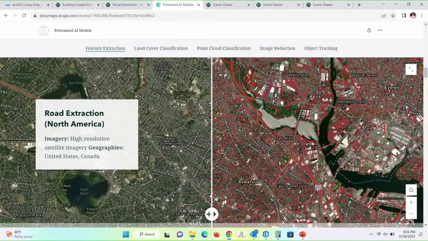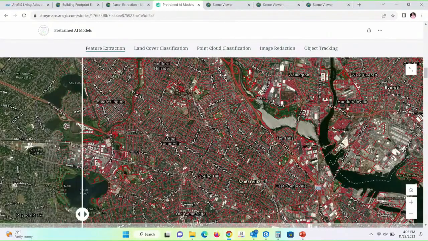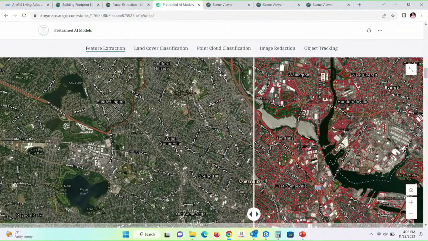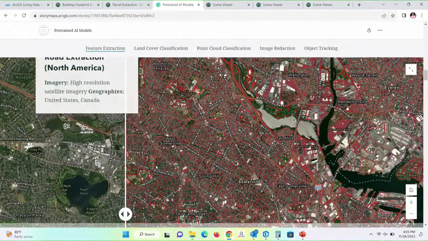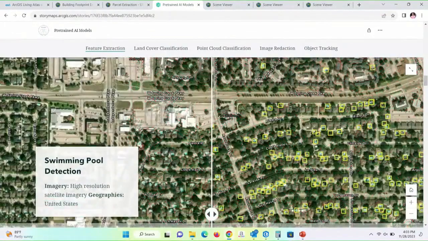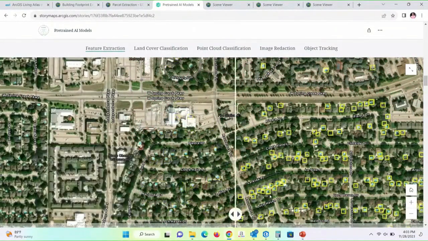These are road extractions. So always we are thinking that we don't have data. So we have facilities to generate the data and get the work done properly by using these deep learning tools. So this is a swimming pool detection.